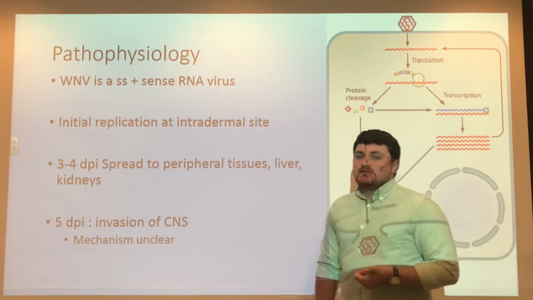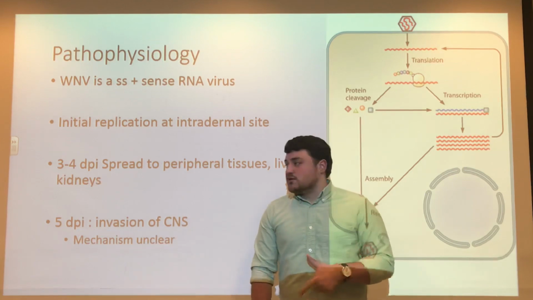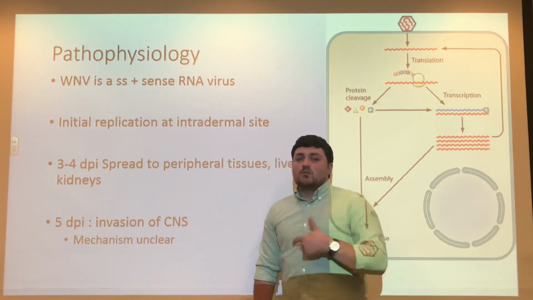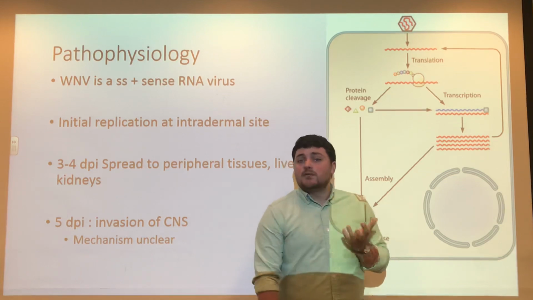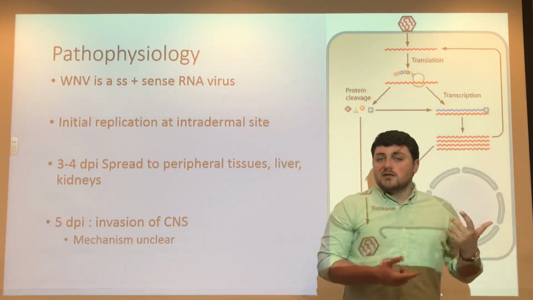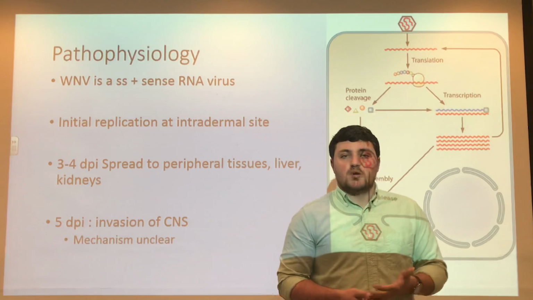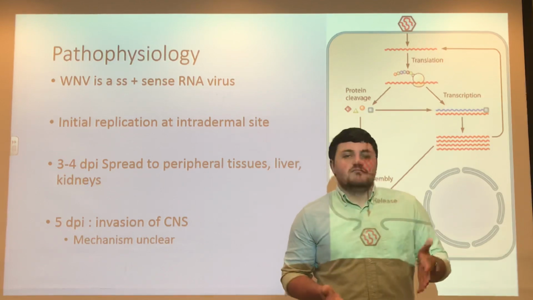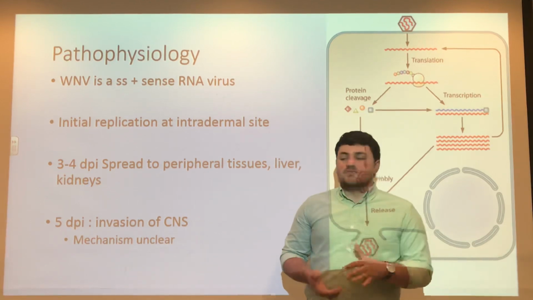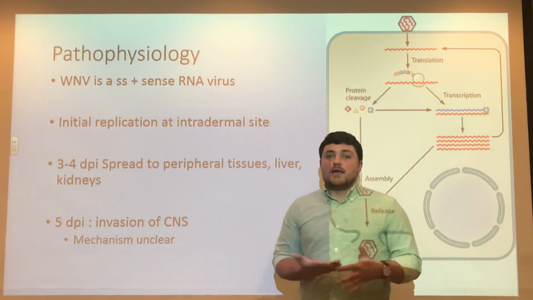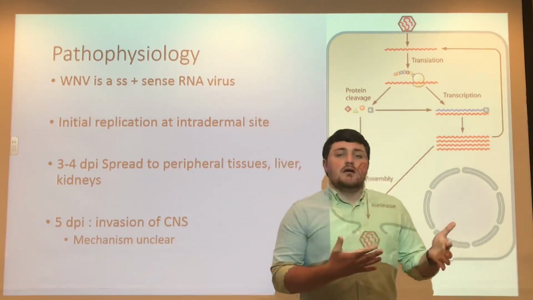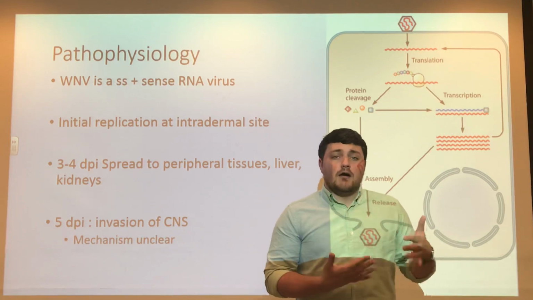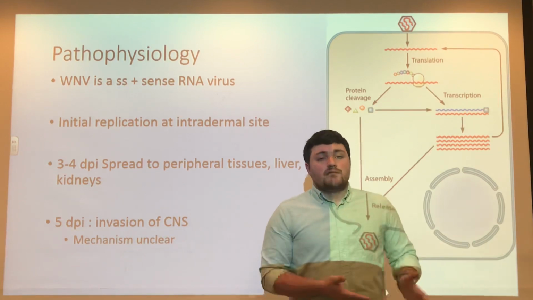One of those hypotheses, which actually has the most evidence-based research behind it, is that the virus finds a way to penetrate the blood-brain barrier. It can do this in a couple of different ways. One, during the immune response, the body produces proteins that aren't very good for cells. It's part of the immune response and how cells can die as a result of it. Those proteins can actually weaken the integrity of the epithelial lining of the blood-brain barrier, allowing the virus to kind